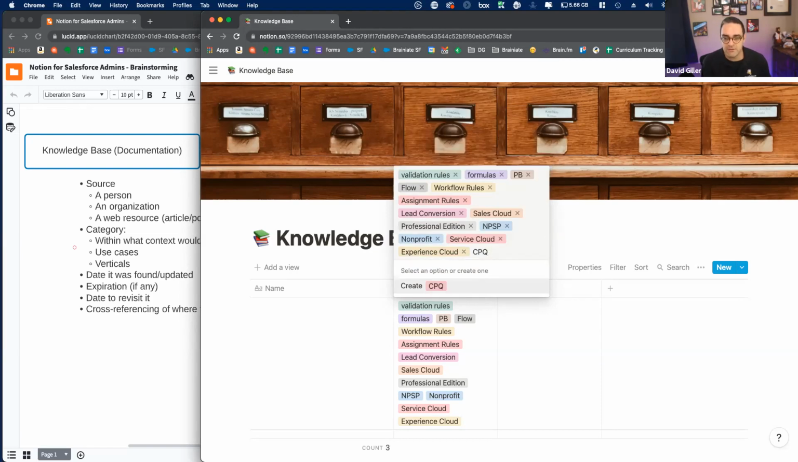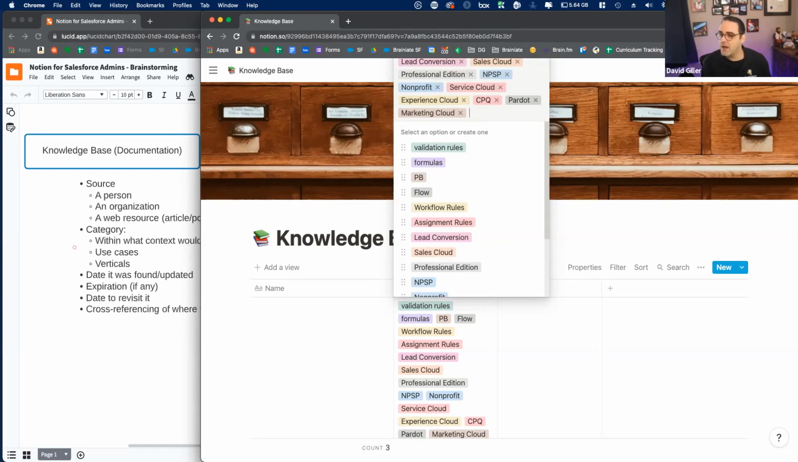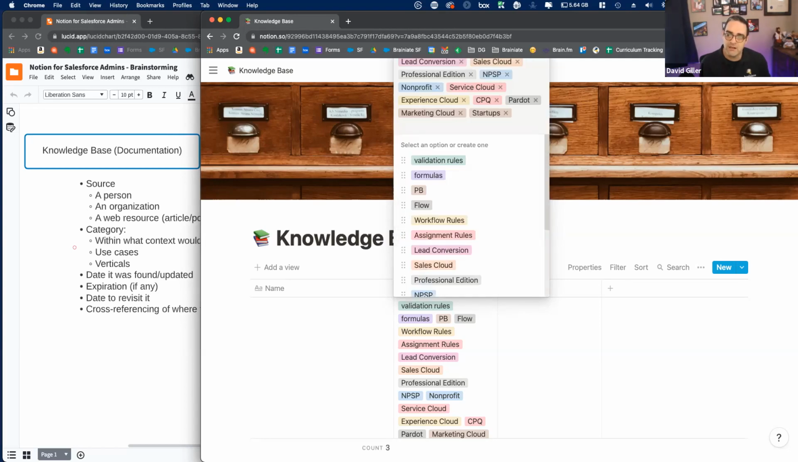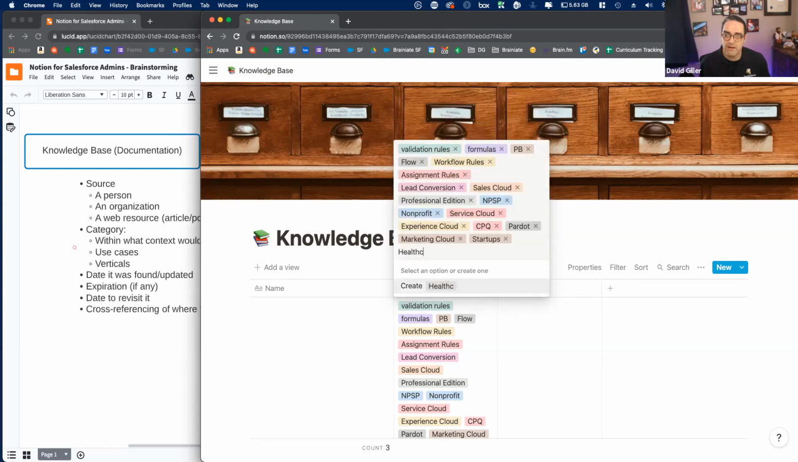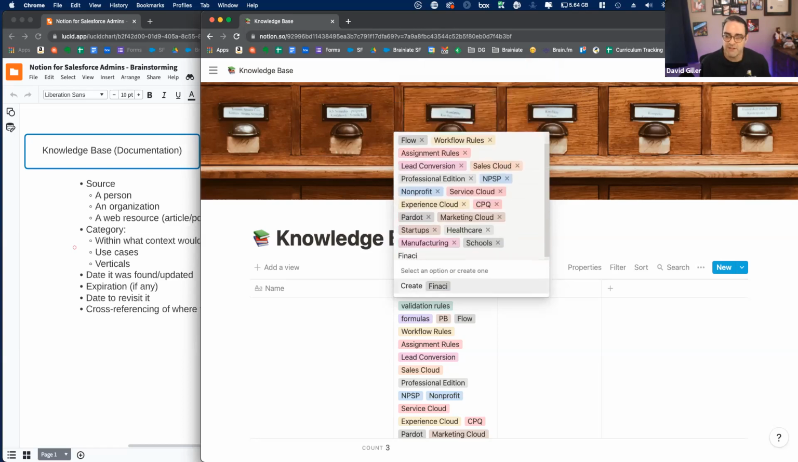Oh, I was going to do comma. Pardot. Marketing Cloud. I'm going to pivot and let's start. I'm going to start thinking, at least for myself, from the perspective of a consultant working with many different companies of many different industries. First, let's do startups. Let's do that. Startups. Okay. Healthcare, manufacturing, schools. Trying to think what other verticals actually matter. There's no need to just have it just because I work in that kind of vertical. Oh, financial services,